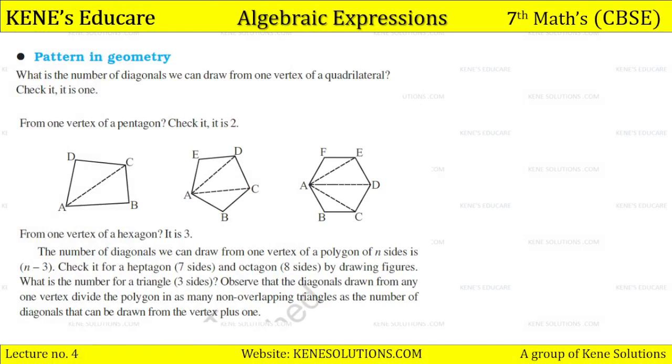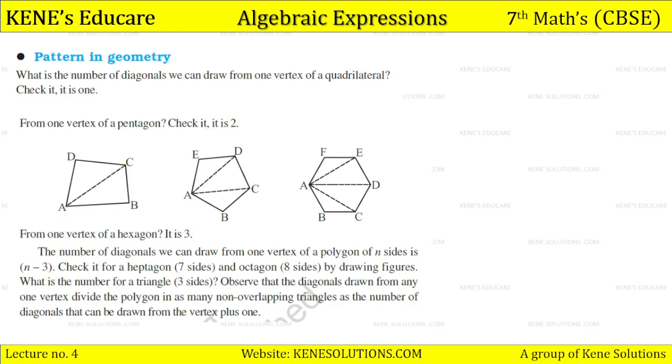What is the number of diagonals we can draw from one vertex of a quadrilateral? Check it. It is 1. So from one vertex of a pentagon, check it, it is 2. So from one vertex of a hexagon, what will it be? It is 3. The number of diagonals we can draw from one vertex of a polygon of n